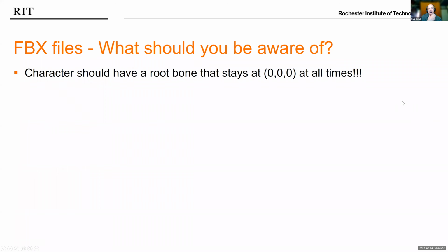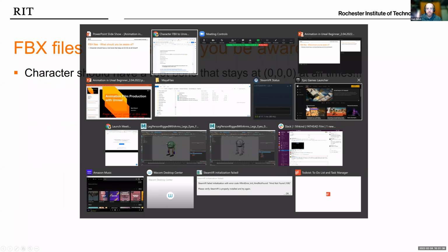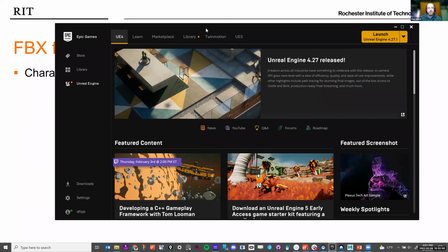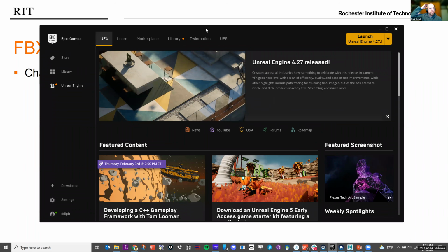Okay, so one of the things, if you are following along, let's just do this. If you are following along, go ahead and open up Unreal, just the Unreal editor here. And with Unreal, when you first start a project, for those of you that are in my class and